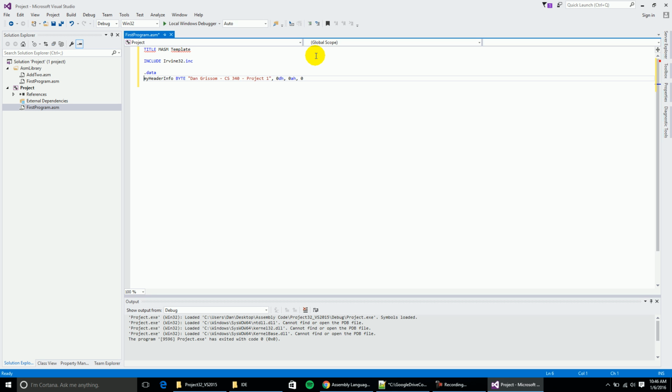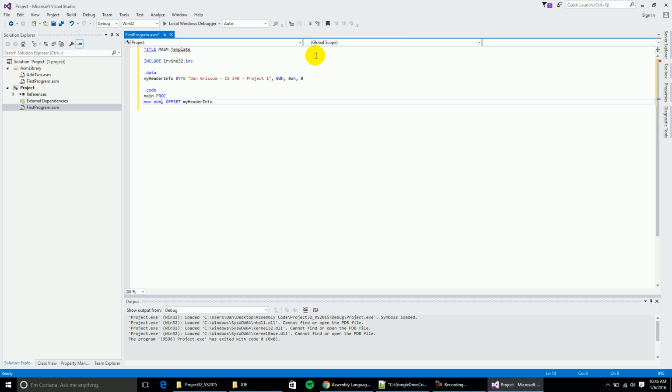Okay, so I've declared my data. I have this .data command to declare that I'm going to declare data, and then I want to say that the rest is code. Okay, so now that I have my code section declared, I can go ahead and say main proc. Okay, and you'll see the keywords are highlighted there. And I'm going to have a few commands. So I'll say mov edx, offset myHeaderInfo. And again,